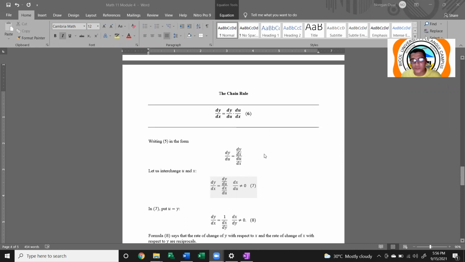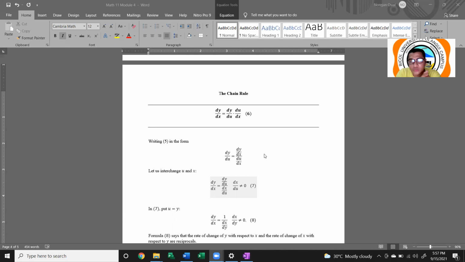There are functions that are sometimes difficult to differentiate because the exponent is not an integer. Suppose the exponent is one half or one third, etc. Or the function itself is complicated in structure. So sometimes we introduce an auxiliary variable, say u, to make the